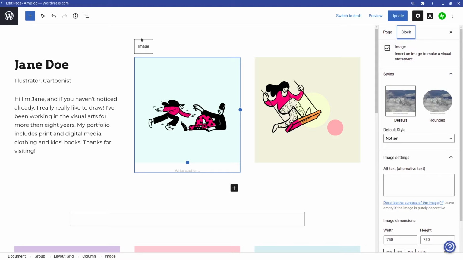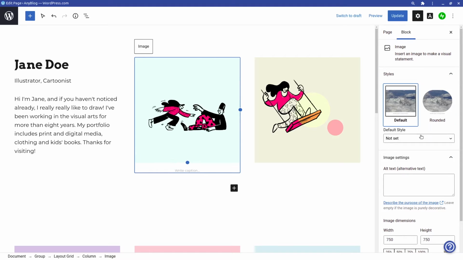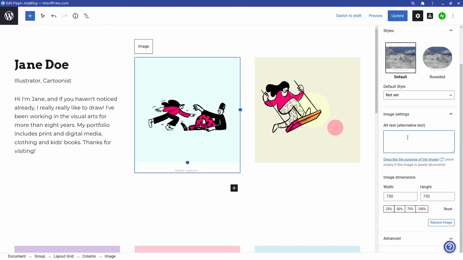This one is for the settings of this blog. Since I clicked on this already, it will tell me that this is an image block, and then I can choose a style from there or default, and then alternative text. This one is very important for SEO, the search engine optimization, because if you have this alternative text, your page will be ranked a bit higher, and it's also for the accessibility of visually impaired readers, and also maybe someone with a poor internet connection. They are gonna look at this alternative text and then figure out what the image content is. But if your image is just purely decorative, then it's best that we don't put any alternative text, right?